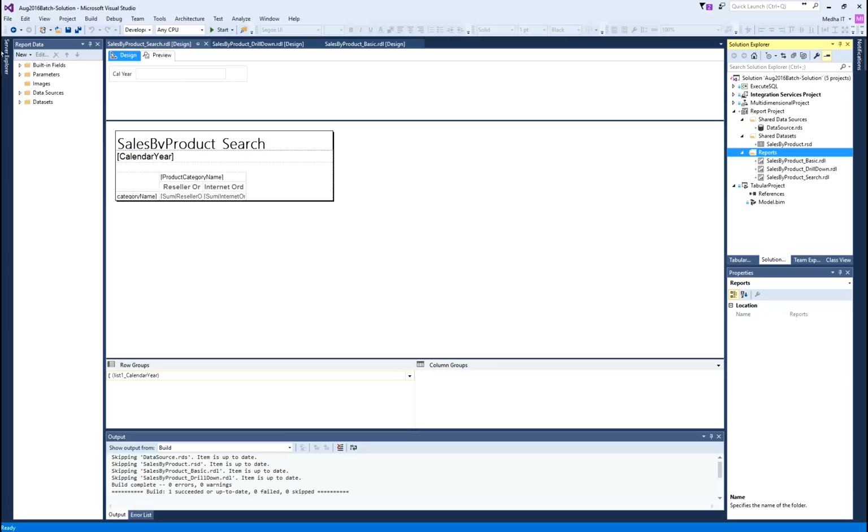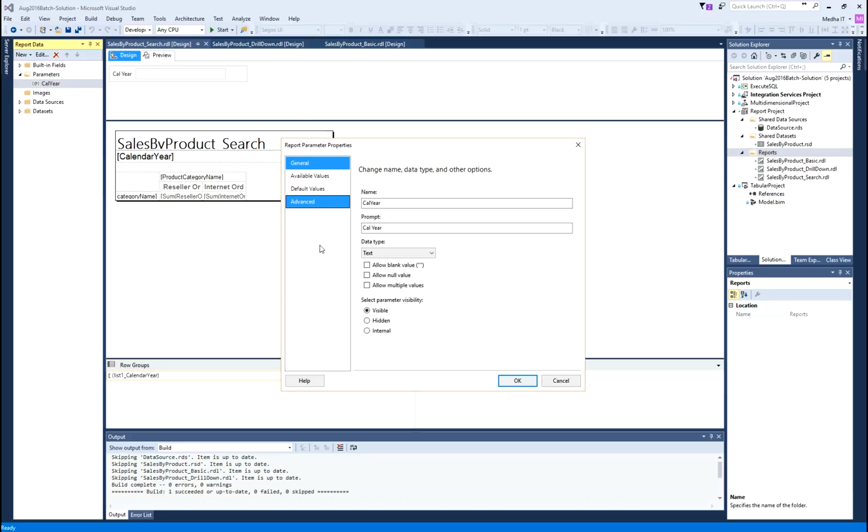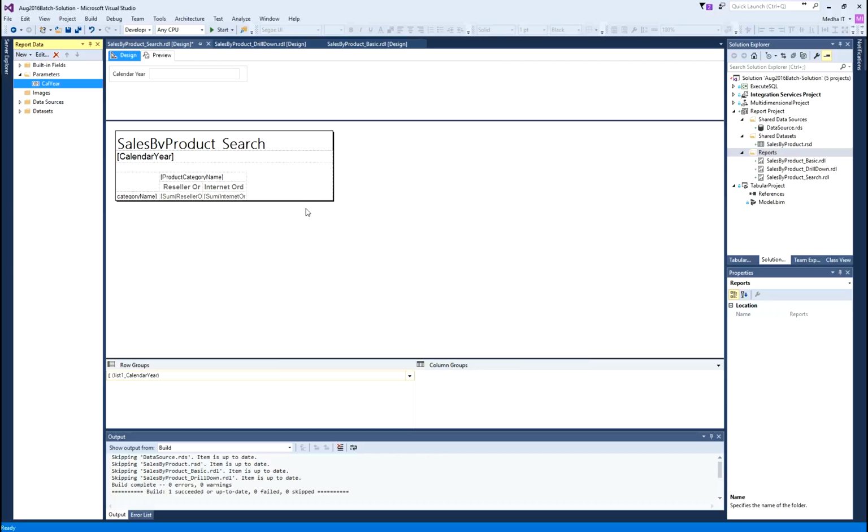And where is it storing this information? Under the parameters folder. If you expand parameters, you see the parameter name here. If you want to edit the properties, you can do that. Right click, parameter properties, you can say name, prompt as calendar year. As I click OK, when I change the prompt, the value here is changed.